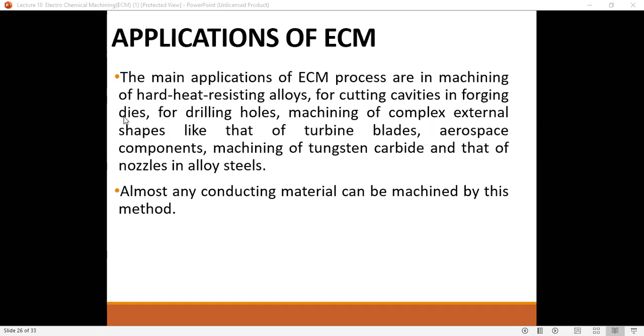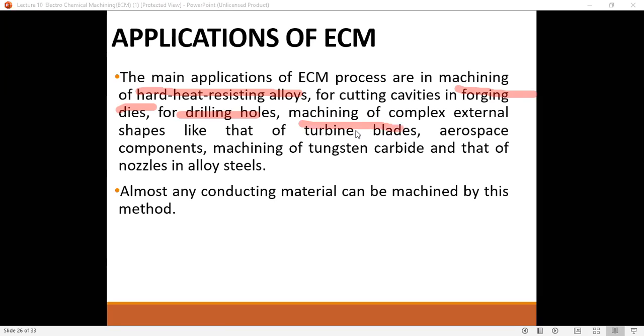So during the forging process, you have to make the dies, and the die is made from a very hard and heat resistant alloy steel usually. So basically, this particular process is suitable for making cavities on the forging, or drilling holes, or machining of a complex internal shape like that of turbine blades. So if you want to machine a complex external shape,